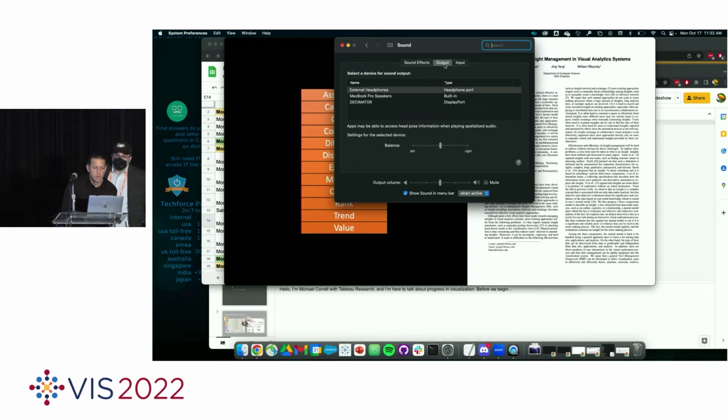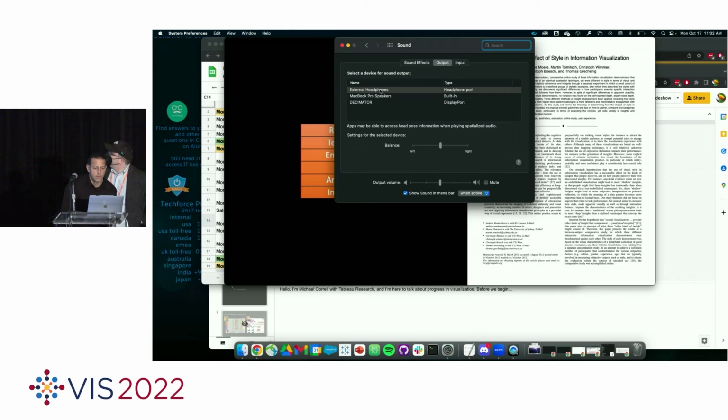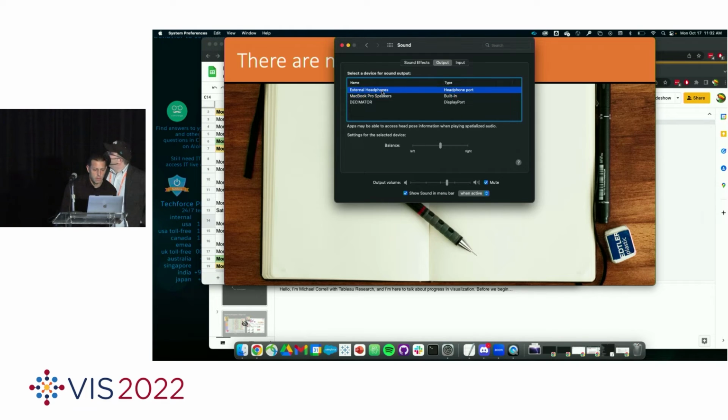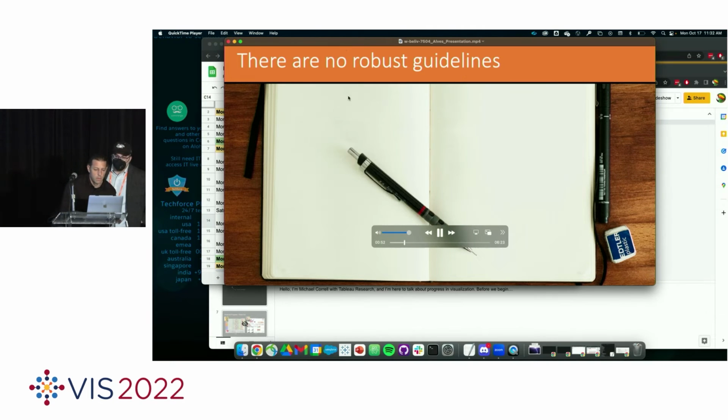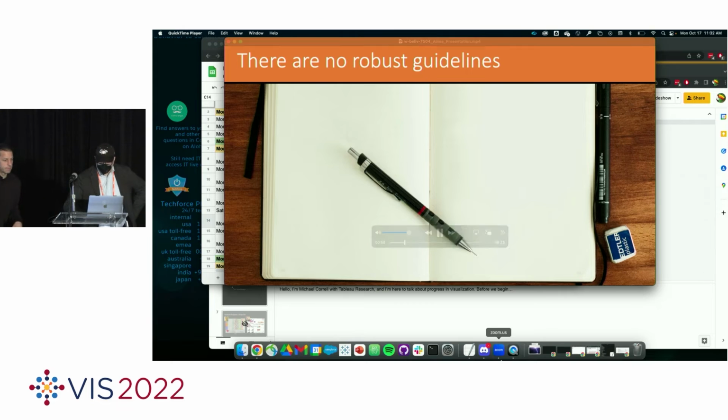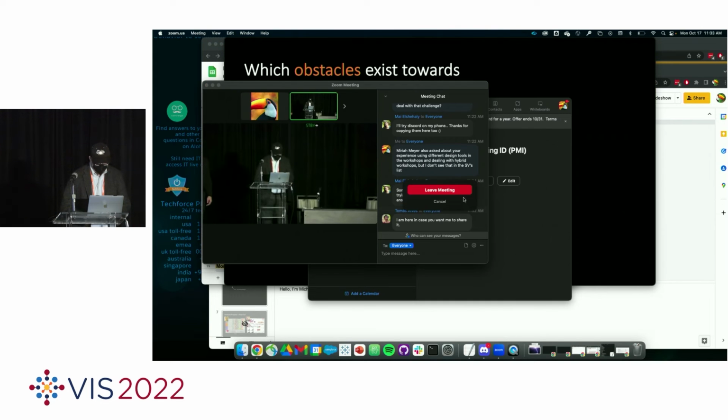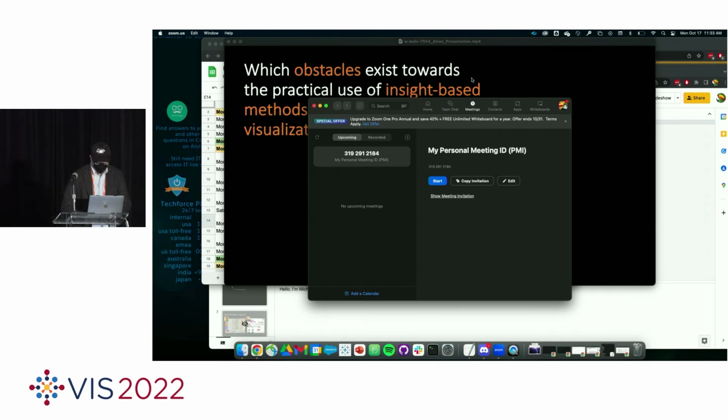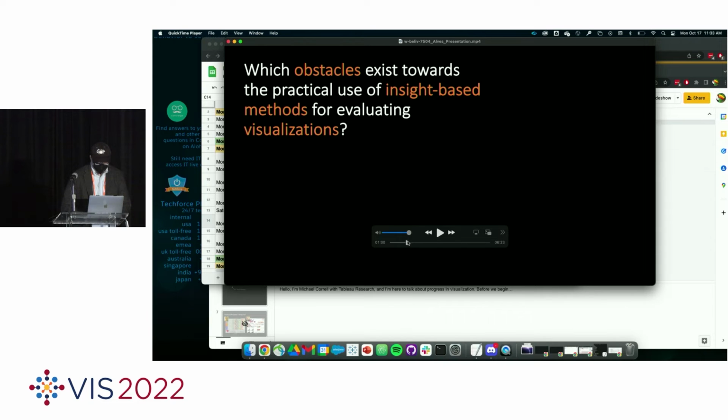First, Chen et al. define insights into 12 analytical types. More recently, Moore et al. further studied insight categorization to provide robust guidelines for practitioners, focusing on the process of gaining insight into data. In his work, he wants to further understand its methodology and study which obstacles exist towards the